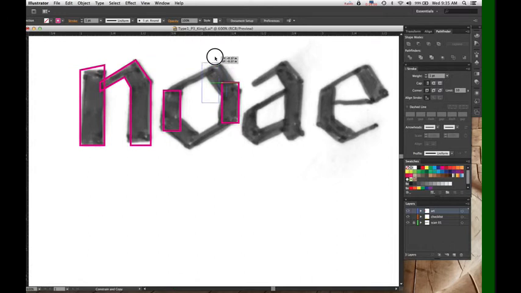I'm gonna make another copy here. I want this stroke to be a little bit thicker than my vertical strokes, but I'm going to start with this one and I'm going to rotate it.